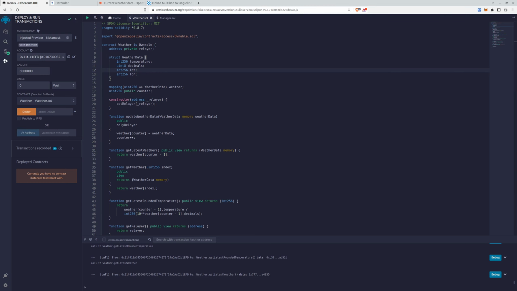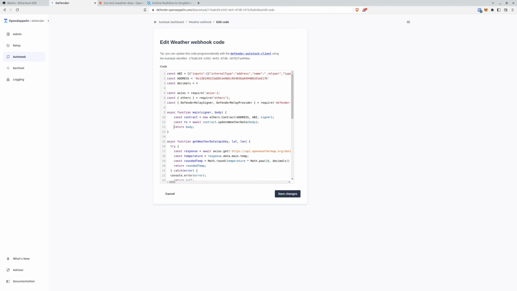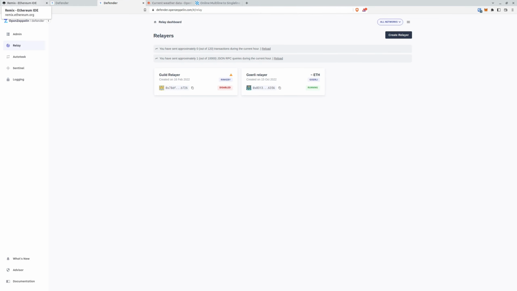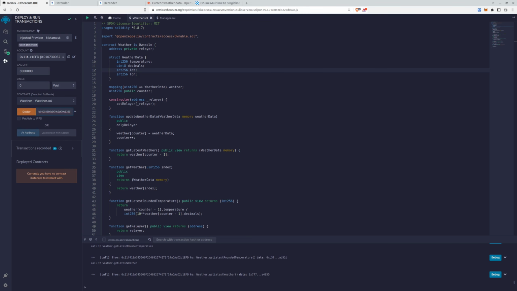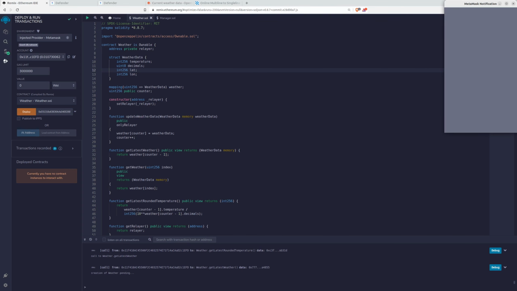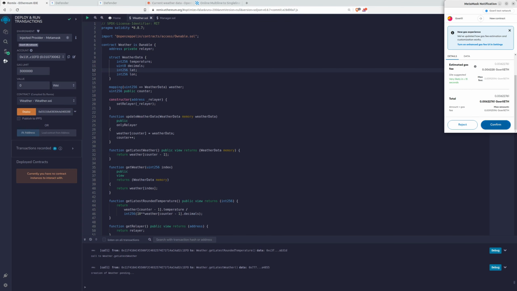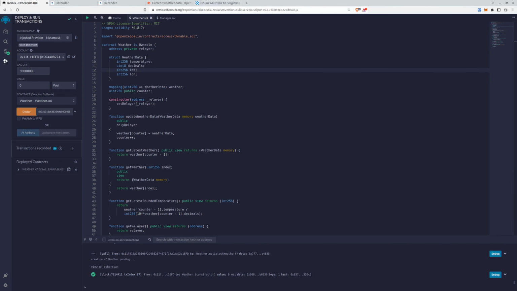So we take the weather contract and deploy it on Gerly. We also need address relayer, so we need to go to the relayer tab, copy the address. The contract is deployed, so we can copy the address